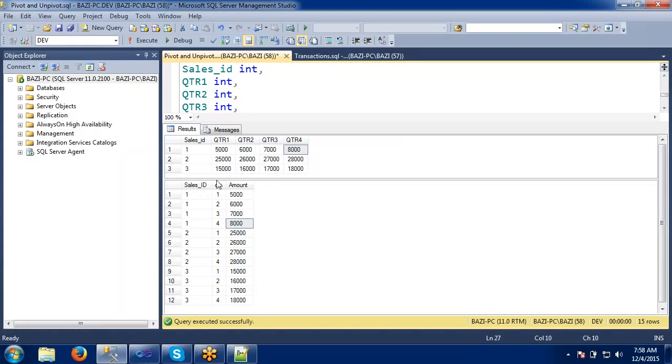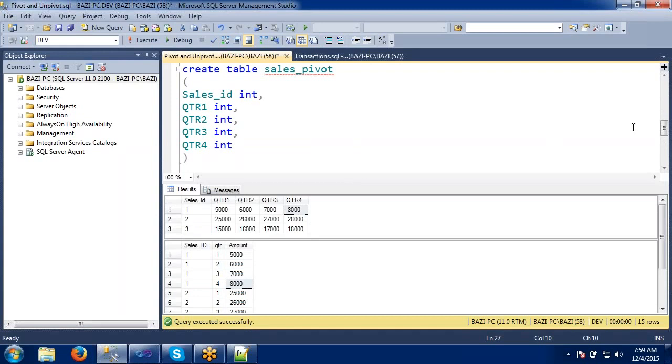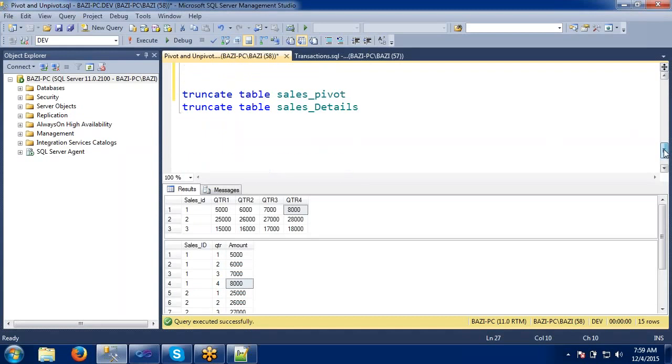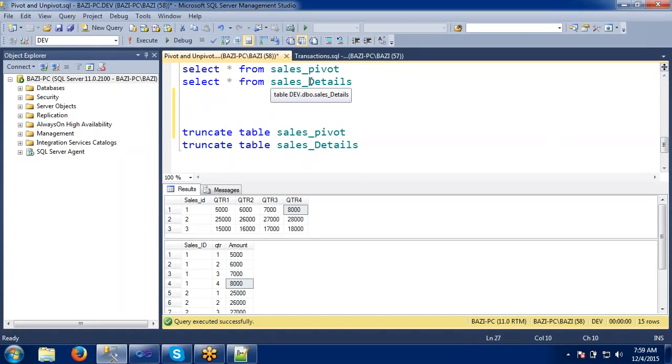Let me move it down somewhat. So to do the pivot here, my source will be sales pivot, right? Till now I have given the pivot like this: sales details as the source to the destination as sales pivot.